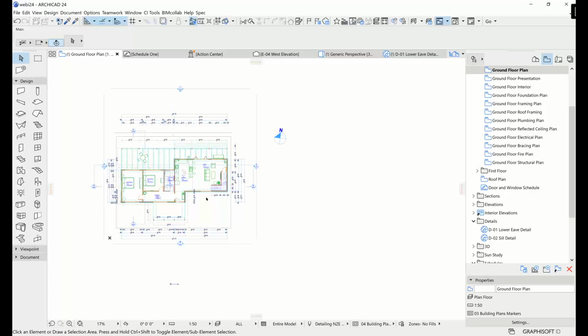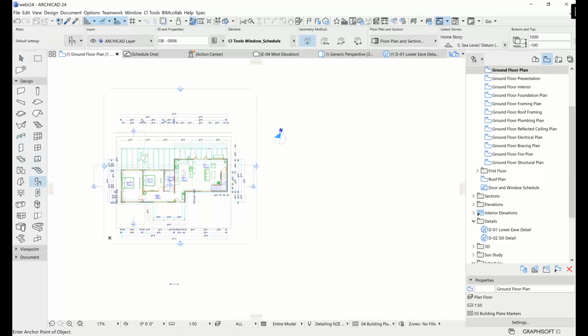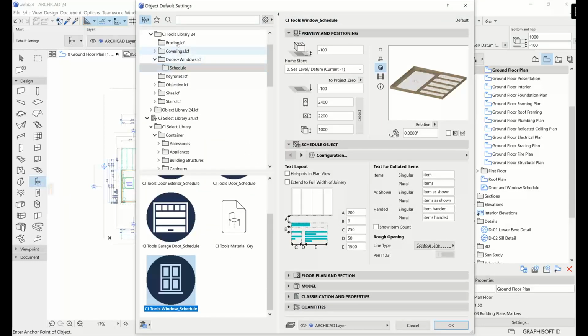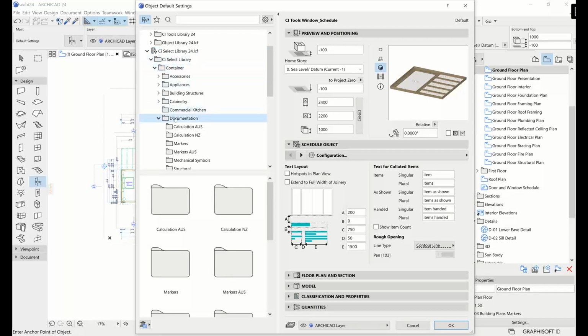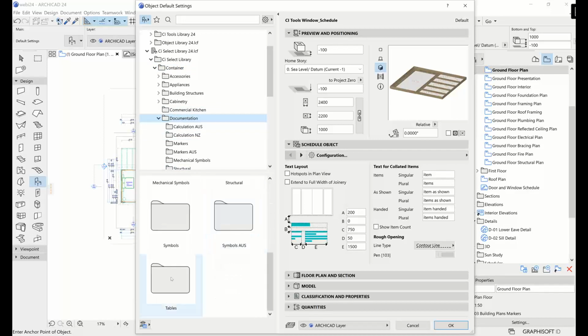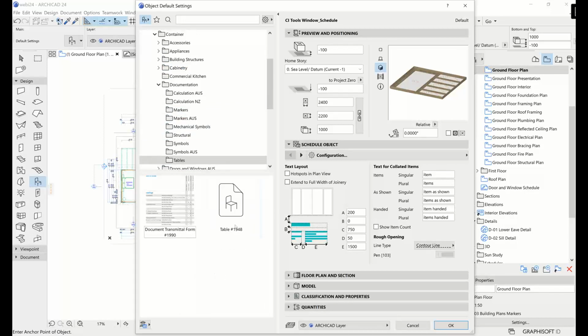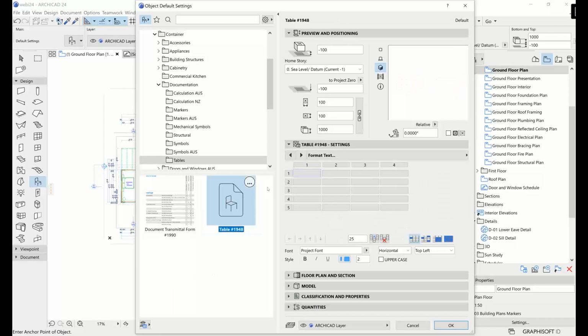And it's pretty much exactly what it sounds like. It's an object to show you a document transmittal. So I'm just going to go and open the object tool and go and find that. So if you open your Select library, I'm using 24, so it's the Select library 24. Go down to CI Select library container, and then find the documentation folder there. And inside documentation, right at the bottom, there'll be a tables option there,